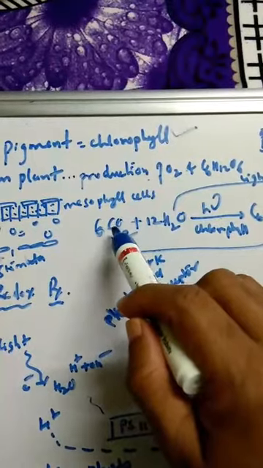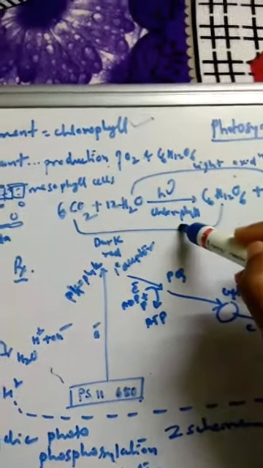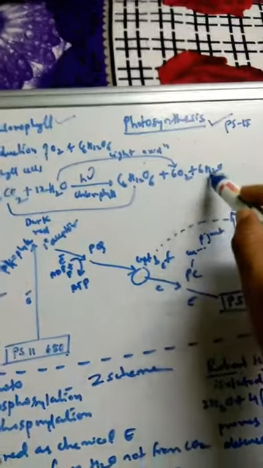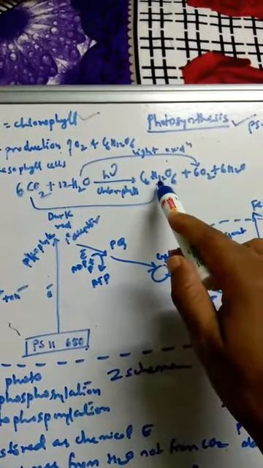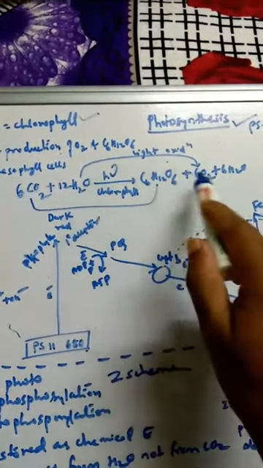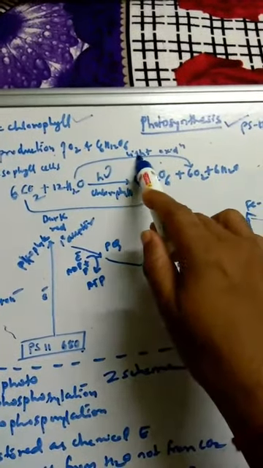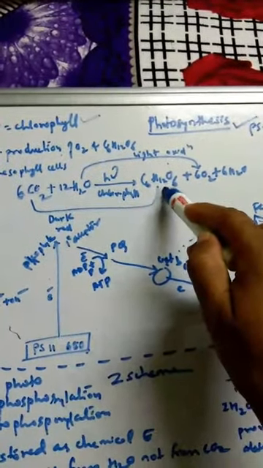Now what is the role of chlorophyll? This is very important from the examination point of view. See here, carbon dioxide in the presence of water molecule: how do green plants produce food? Sunlight is present, chlorophyll pigment is there. You can see C6H12O6 plus oxygen and water is produced. Carbon dioxide is converted to glucose and water is converted to oxygen, that is, oxidation has taken place: water is oxidized to oxygen. That is called the light reaction. Carbon dioxide is reduced to glucose C6H12O6, and that's called the dark reaction.